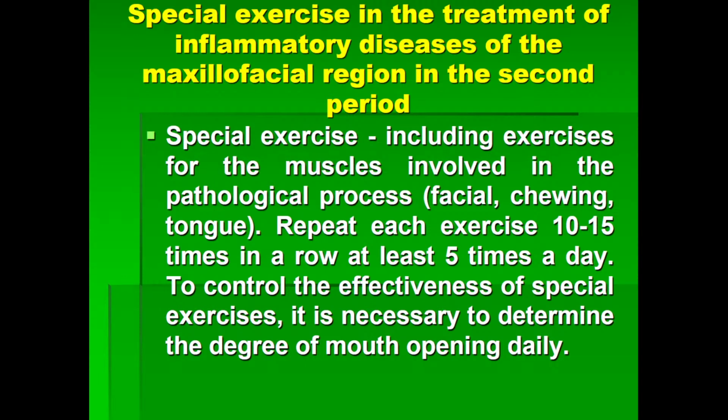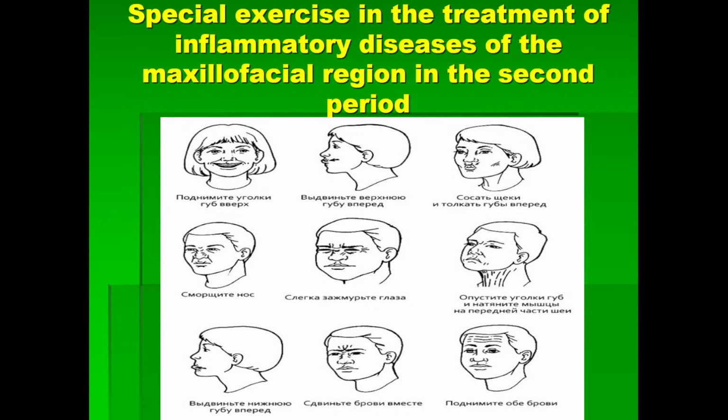Special exercise in this period, including exercise for the muscles involved in the pathological process. It's facial, chewing, tongue. Repeat each exercise 10 to 15 times in a row, at least 5 times a day. To control the effectiveness of special exercise, it is necessary to determine the degree of mouth opening daily. You can see some variants of special exercise which we provide to the patient in the second period